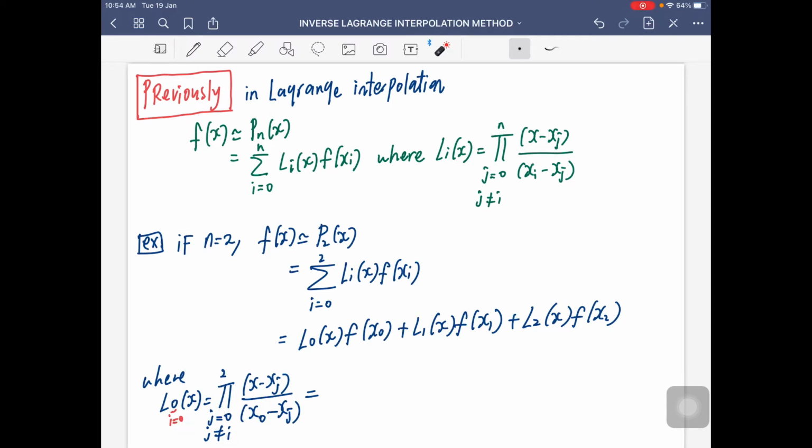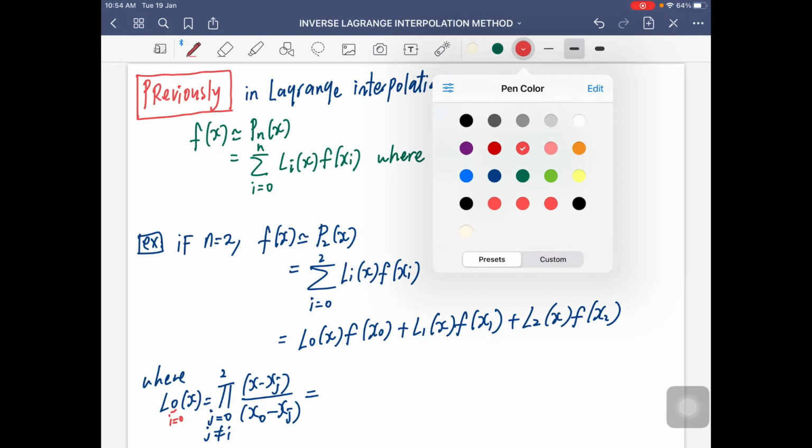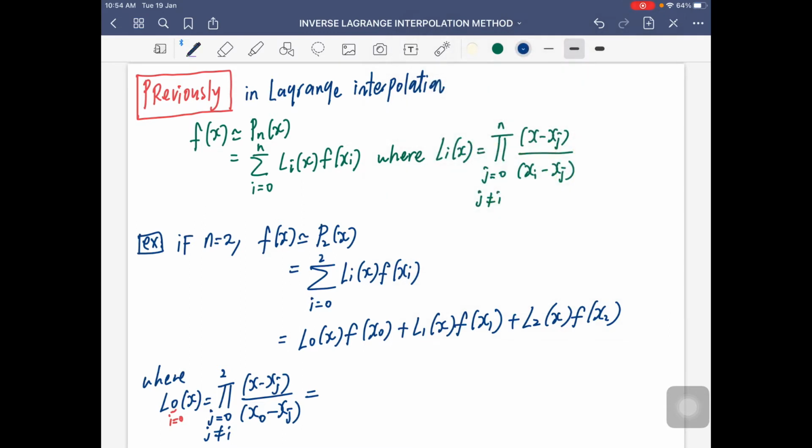So we need to jump. If we open this product, you should have x minus x1, since j must start with 1, and then multiply with x minus x2. And then over,